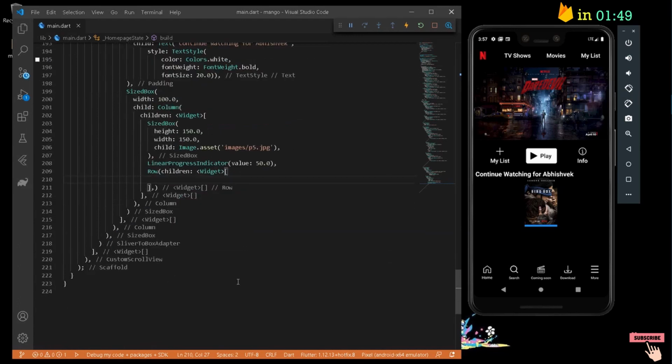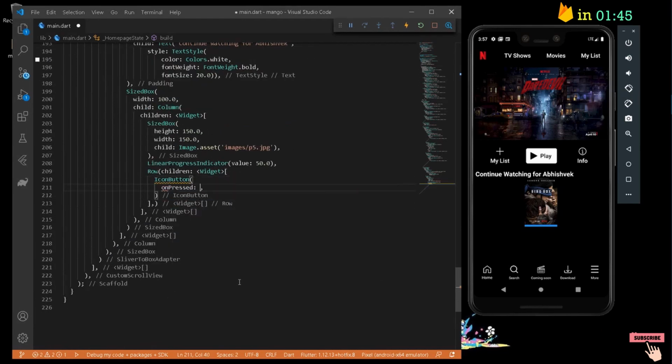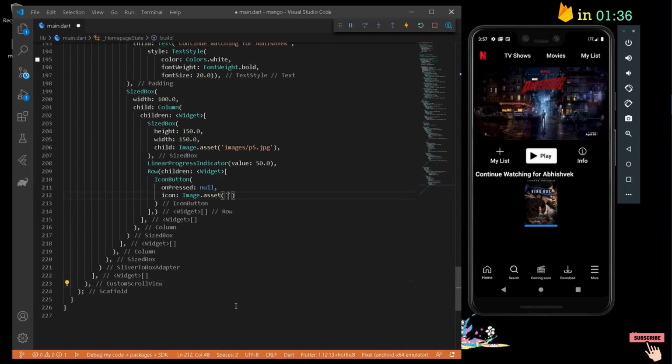Now these children will contain two buttons which are icon buttons, which on press for now does nothing, and similarly it will have an icon. So I can write an icon from Image.asset. Now let's provide path to our asset image. So I will write here image slash add.png along with a scale, let's say 22, along with a color of Colors.white. Cool, so we have our image here.